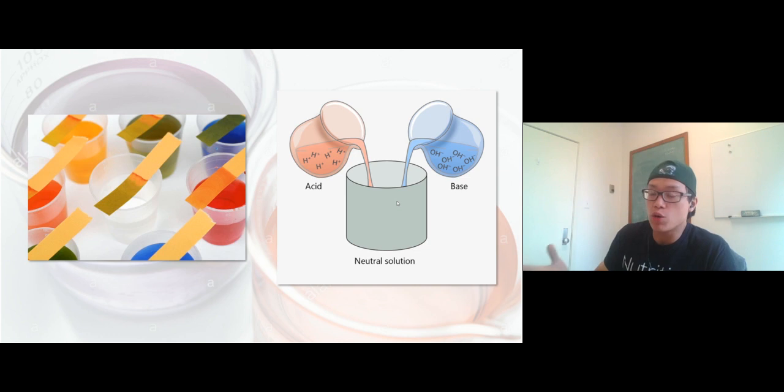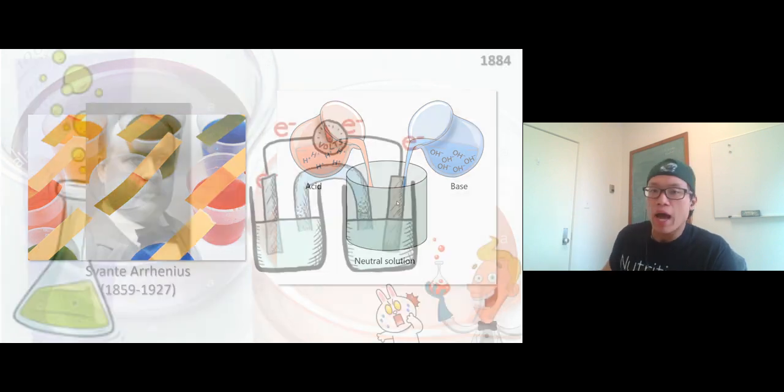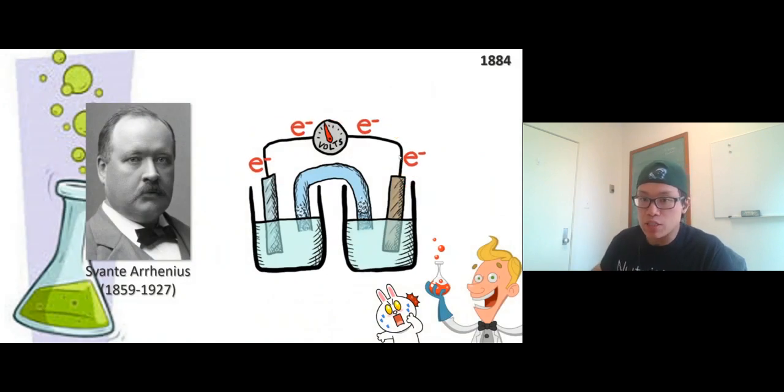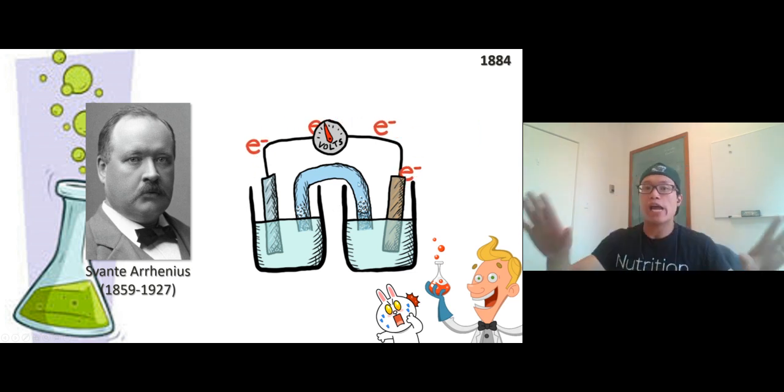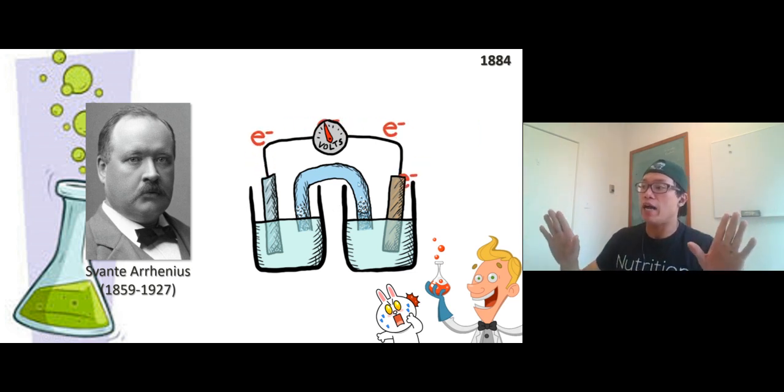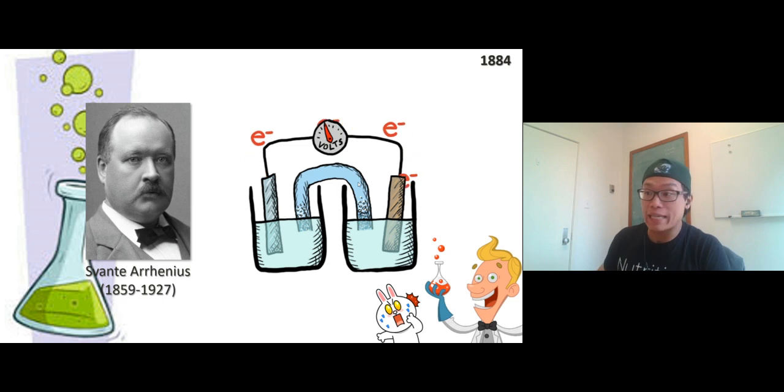But at the time, back in the day, we didn't have a strong definition of acids and bases yet. No one knew what to call them, right? Svante Arrhenius, a Swedish chemist, in 1884, whose work focused on electrochemistry, was dealing with electrolytes in water. You remember electrolytes are those compounds that, put in water, dissociate and give the solution the ability to conduct electricity.